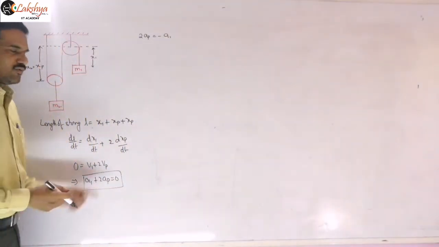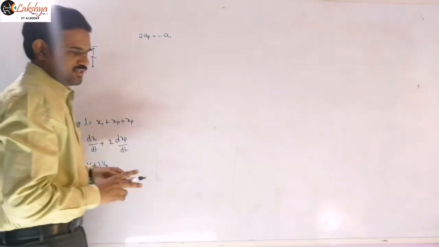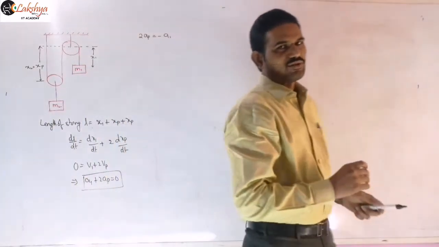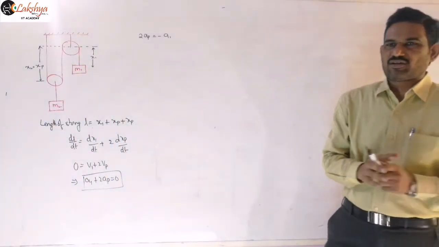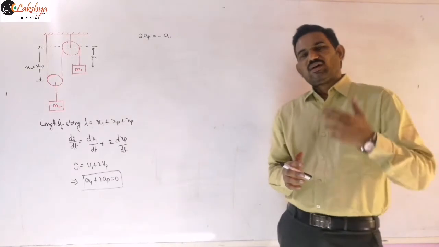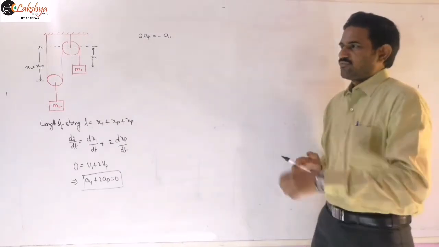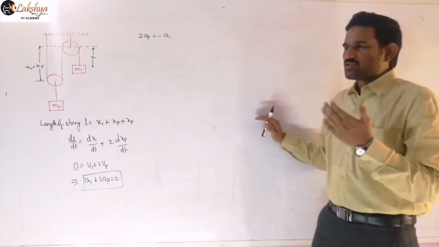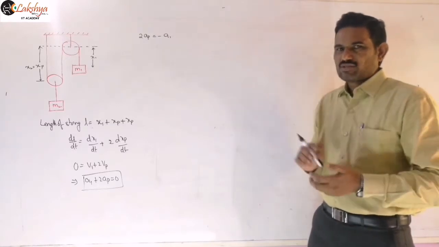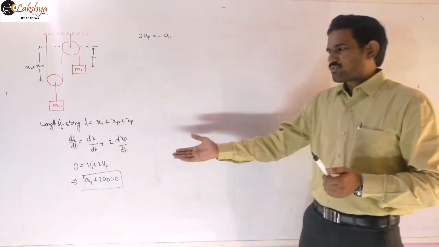As I said, whenever you are writing in length method, you will get the relation in vector method only. That means accelerations will be in vector form. If you are substituting magnitude, then you should consider the sign. For example, if m1 is moving upwards, then m2 will move downwards. They will travel in opposite directions there. So then you need to substitute that sign here.